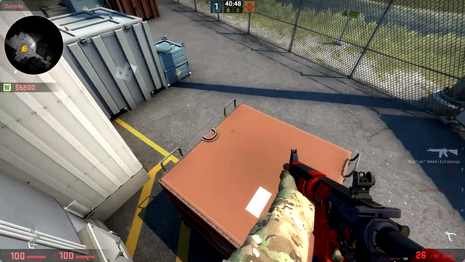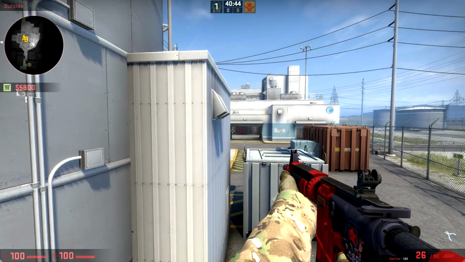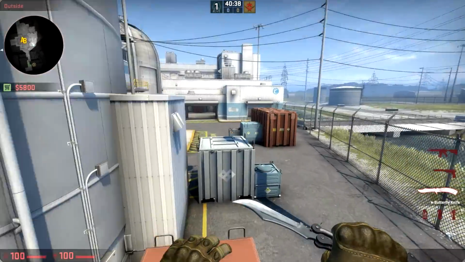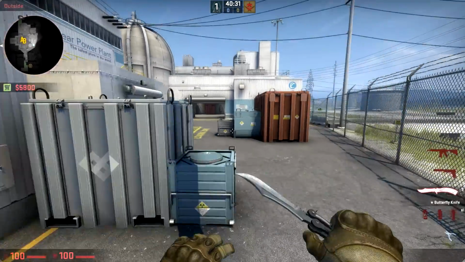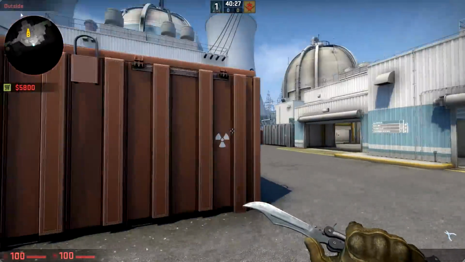You can do it with an op. Usually if you want to do it with an op, you boost the guy up here. He can clear towards garage, clear out on top of blue, beside blue, kind of clear out the rafters, and then you can actually jump across here and then peek out from here and try and full clear garage. And you can do that without any smokes, but other than that, all of the angles in all of the